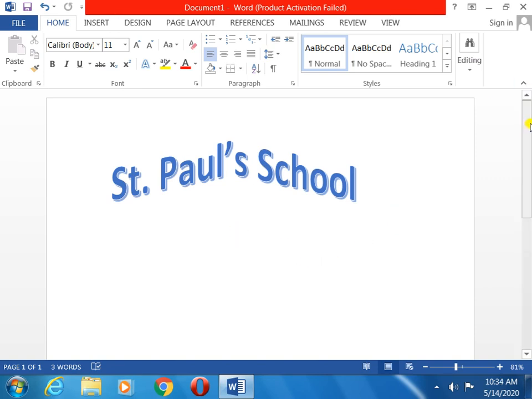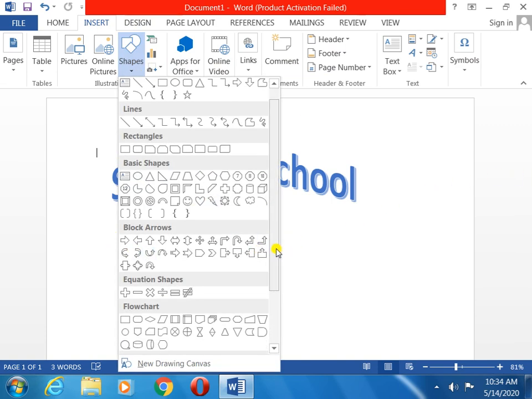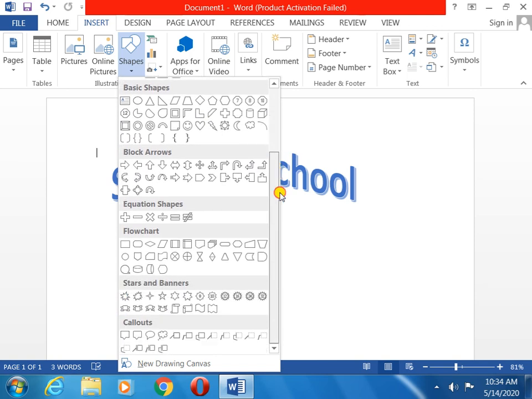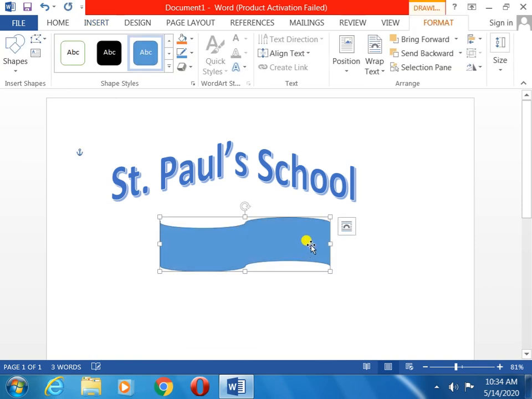Now one more, if you want to take a text design, go to Insert, Shapes. Plenty of shapes are there. Now I took these shapes. If you want to write your name inside the shape, how will you write?